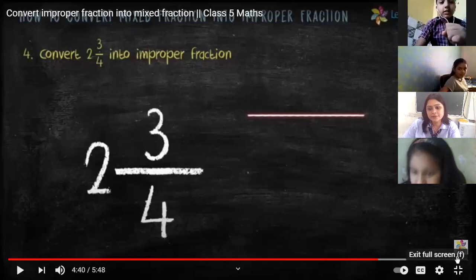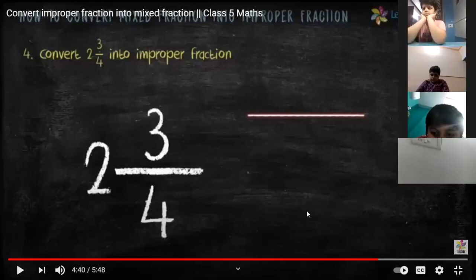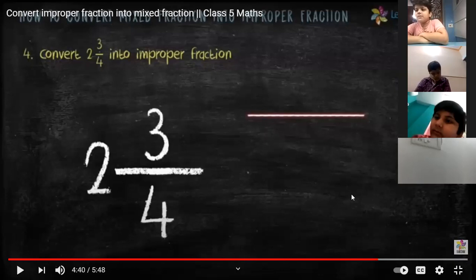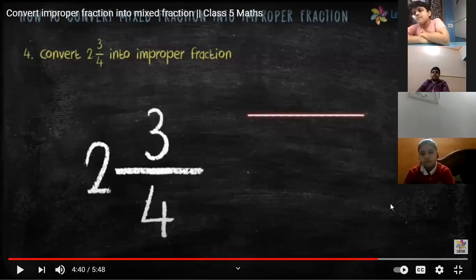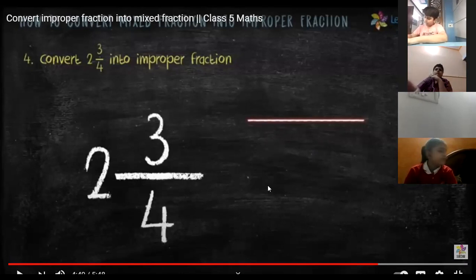Yes, ma'am, this 2 and 4. Very good. So here 2 is the quotient and 4 is the divisor. So it means we are going to multiply quotient and divisor. Clear? And then we are going to add the remainder. Plus is a sign, so no need to use this particular word. Add remainder. Very good. And directly we have already written down the denominators. Let's have a look into the video.